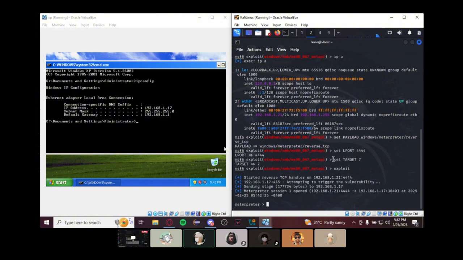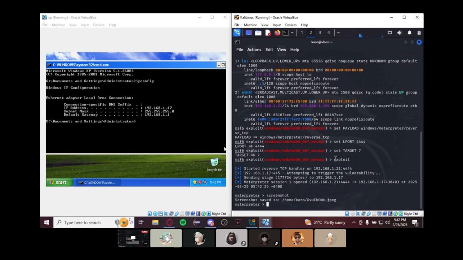For exploiting, we're just going to use basic exploitations, which are the screenshot and shutting down the desktop. So let us first take a screenshot. You can see it says screenshot saved to home karo. That's the directory and the file name.